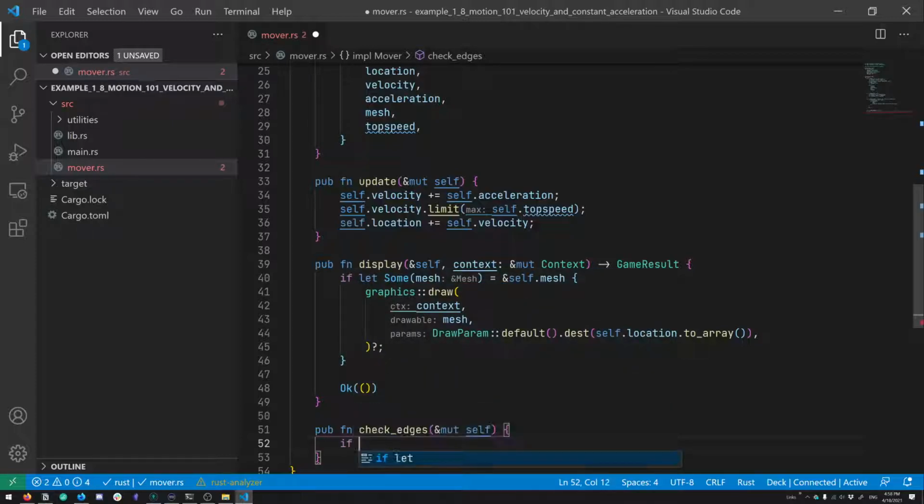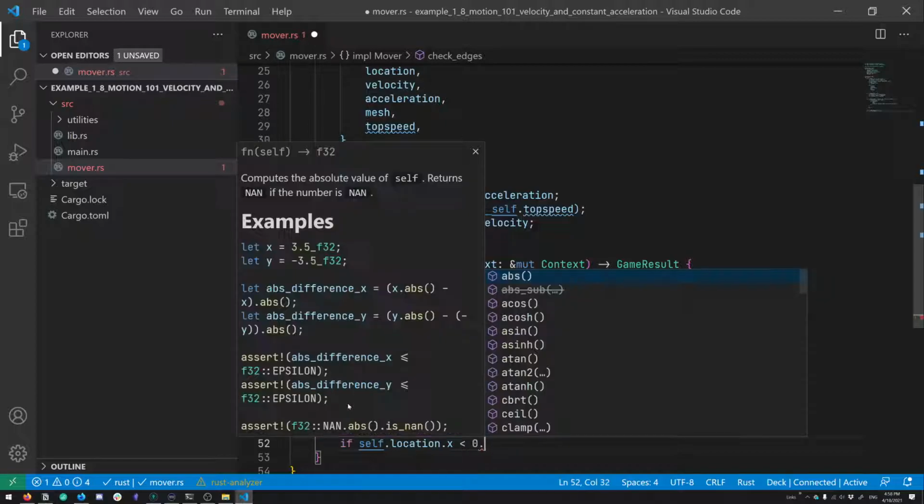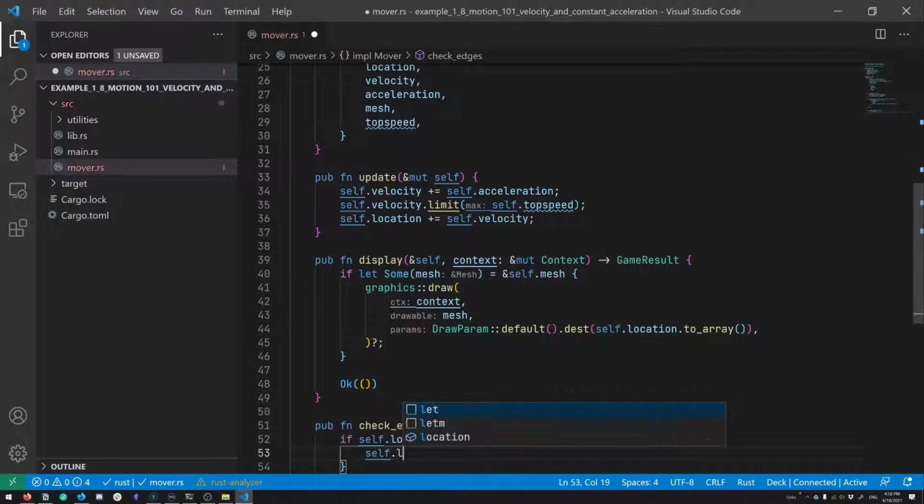So if location.x is less than 0, x, we do need context, don't we? So we can get the actual size of the screen. So let screen width